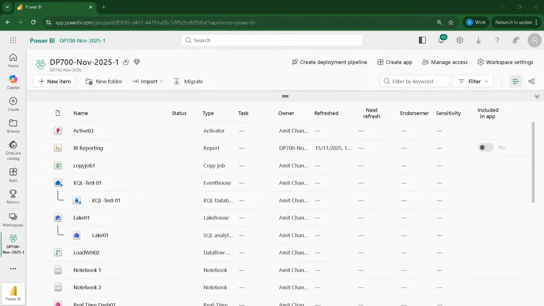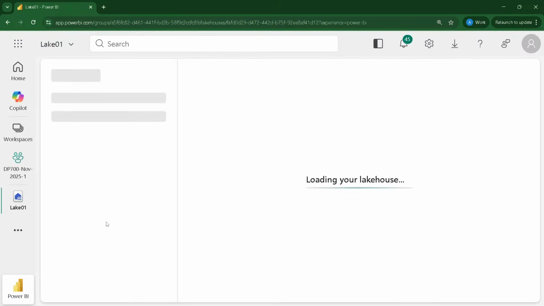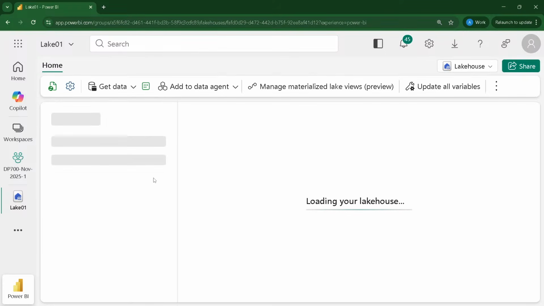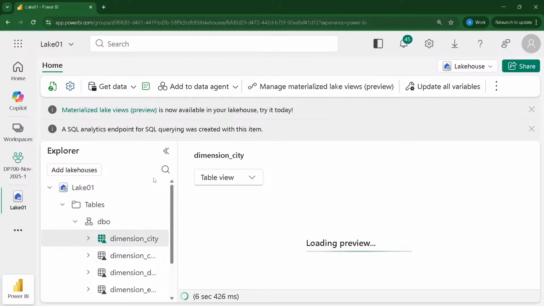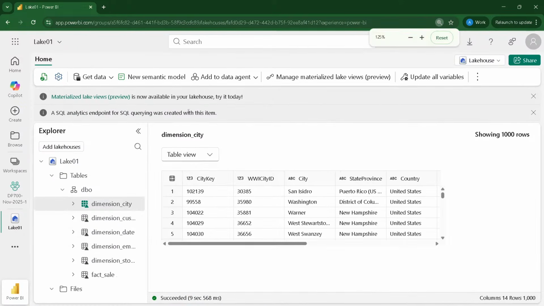To begin today's journey, we need a lakehouse to start. And as you remember, in the starting of this series, we created a lakehouse, Lake 01, which you can see on my screen now. Let me zoom it a little bit. I clicked on it, and the lakehouse is now opening. Now why am I opening my lakehouse? To open the notebook from the lakehouse, I don't need to mention a lakehouse or attach it, but for everybody's reference I'm going to do that anyway.